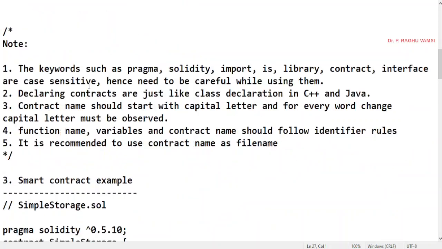Next, we'll move on to the keywords, which are very important and have a significant role in Solidity programming. Not only this one, for any programming, if you want to learn it, the first and foremost thing is you must have knowledge of the programming structures. Then you are supposed to have good knowledge of the keywords.